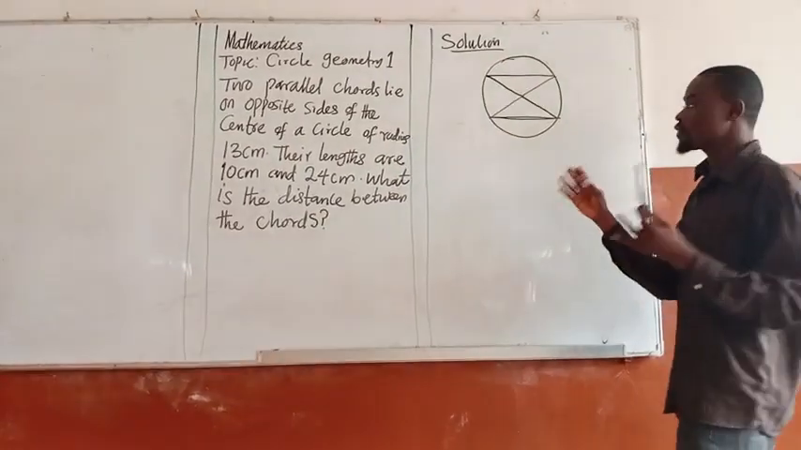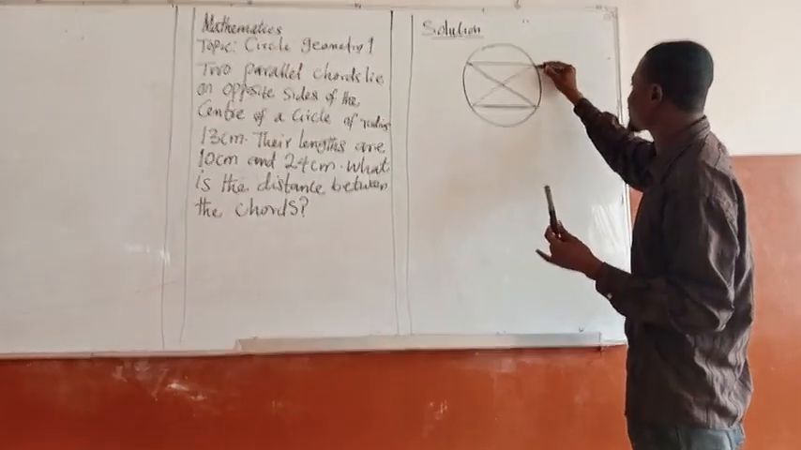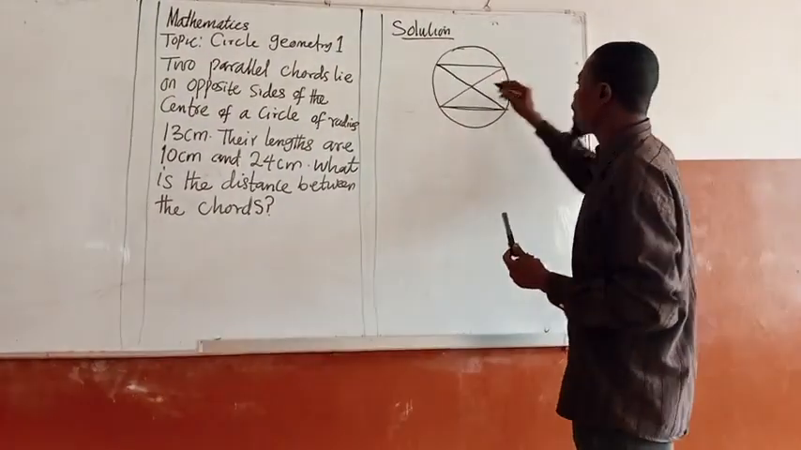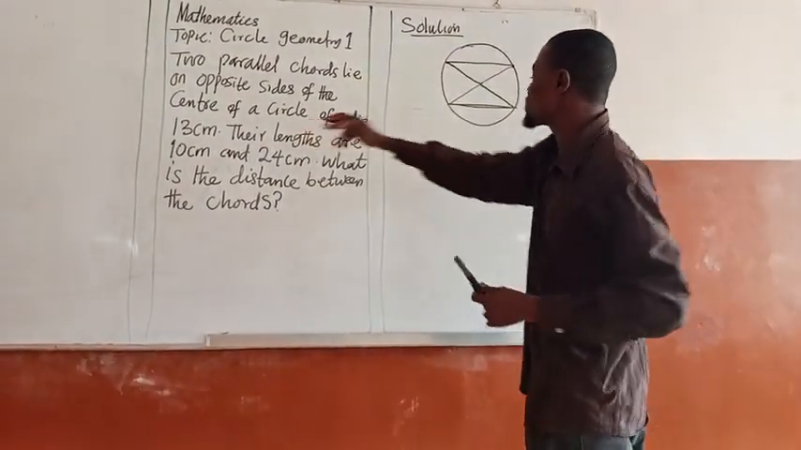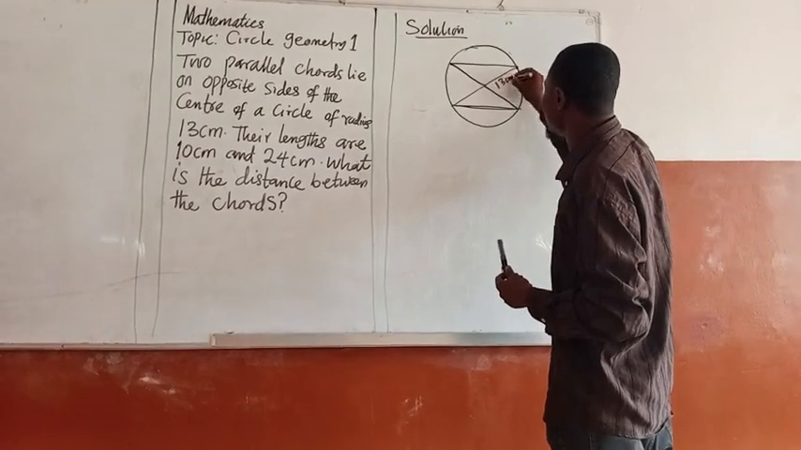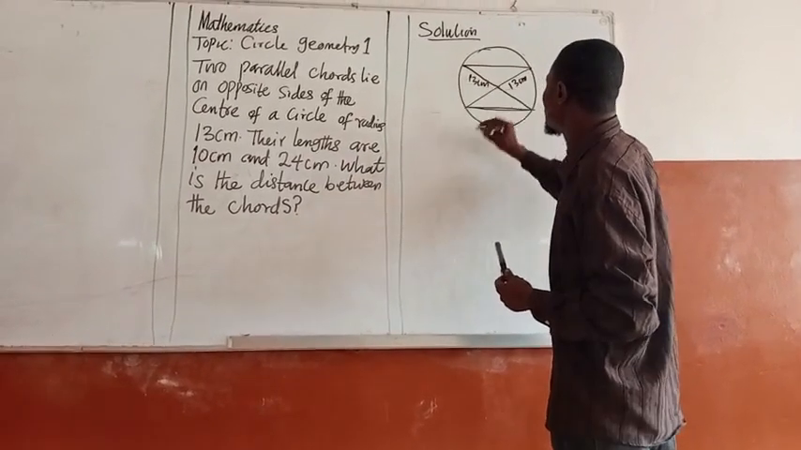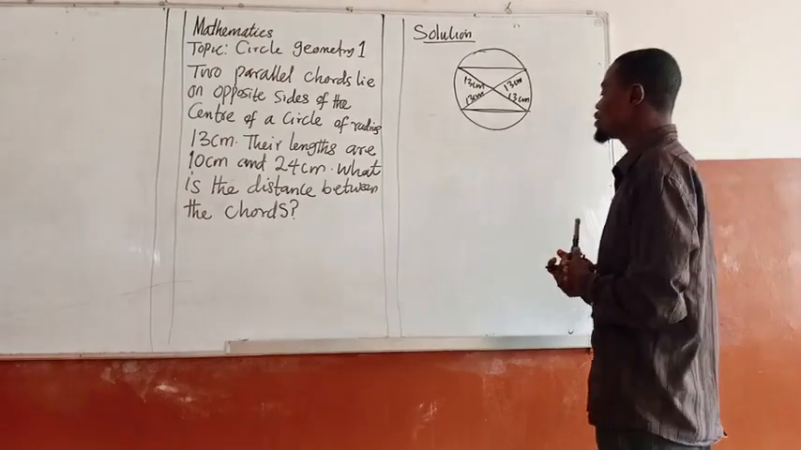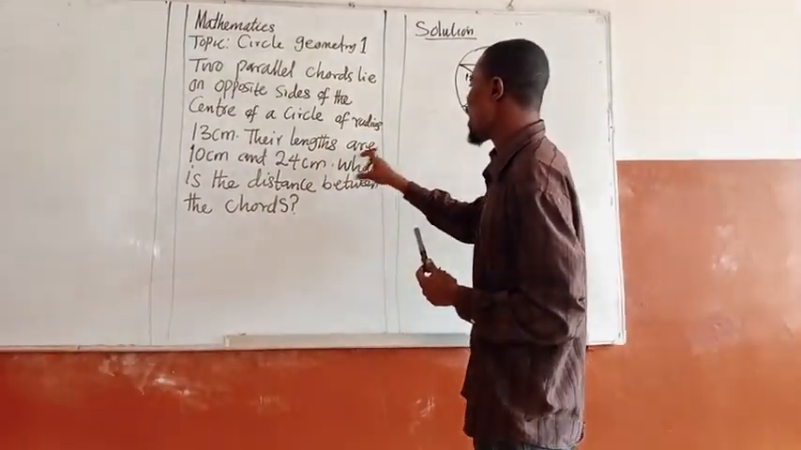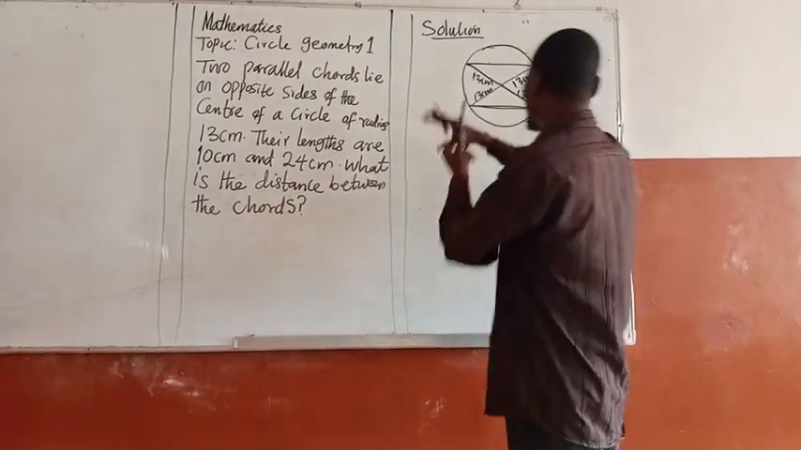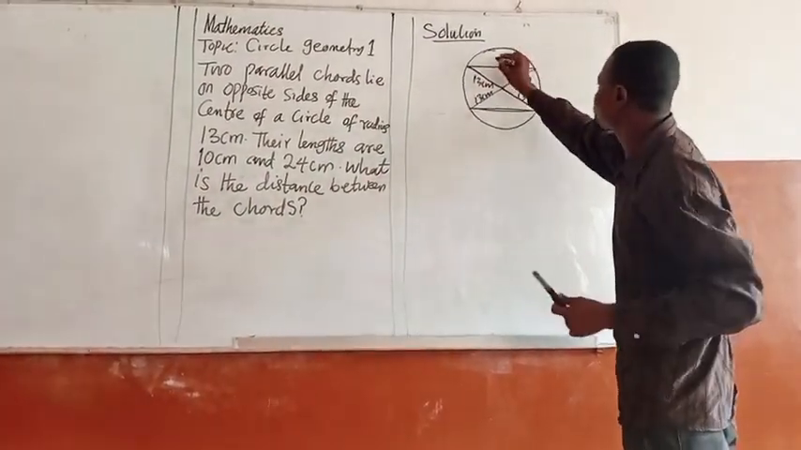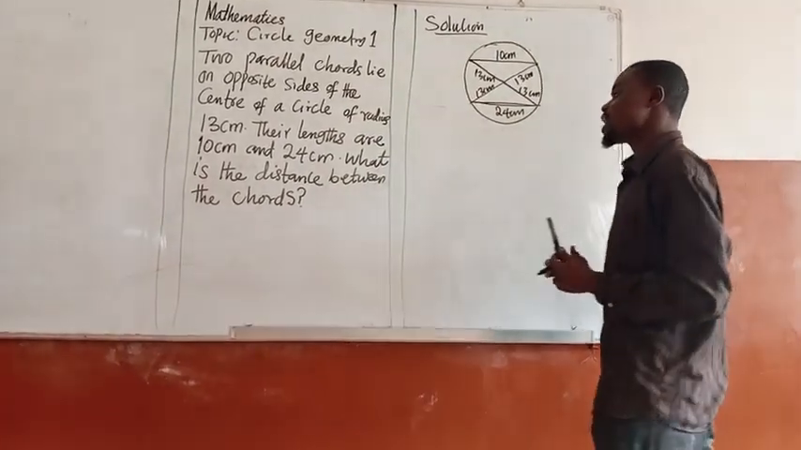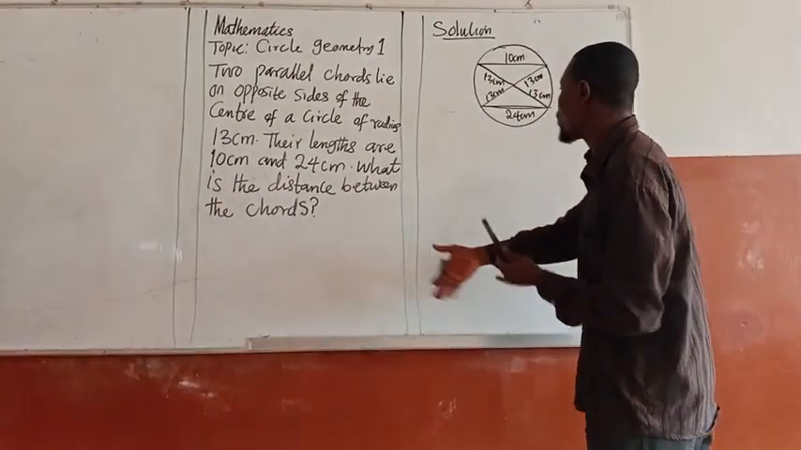And each radius, if you can see, this is the radius. What's the radius? The radius is a line from the circumference of the circle to the center of the circle. So here we have the radius of the circle to be 30 cm. This is what we have as radius. And their lengths are 10 cm and 24 cm. The length of one chord is 10 cm, and this is 24 cm. Then the question is asking for the distance between the chords,